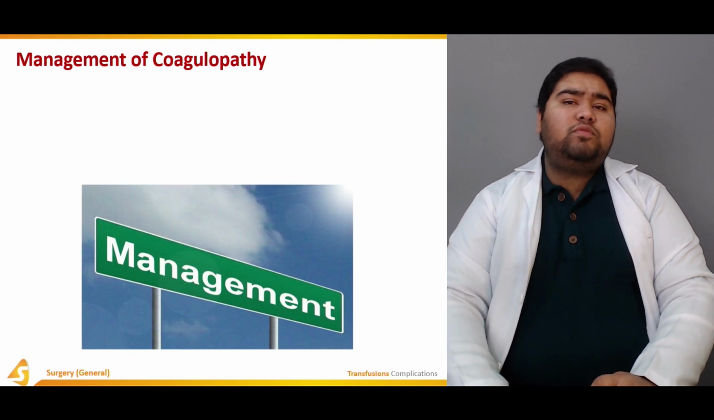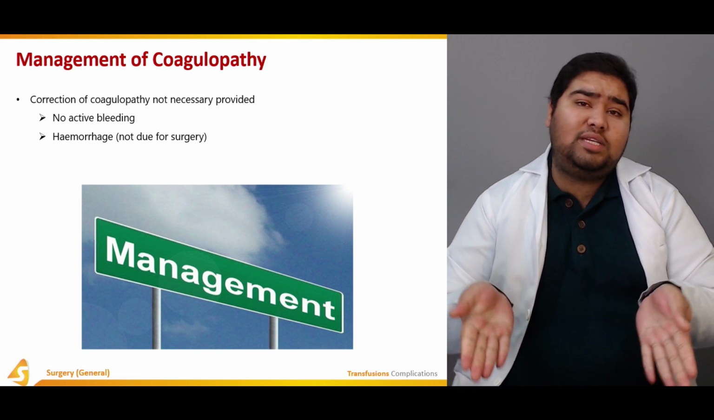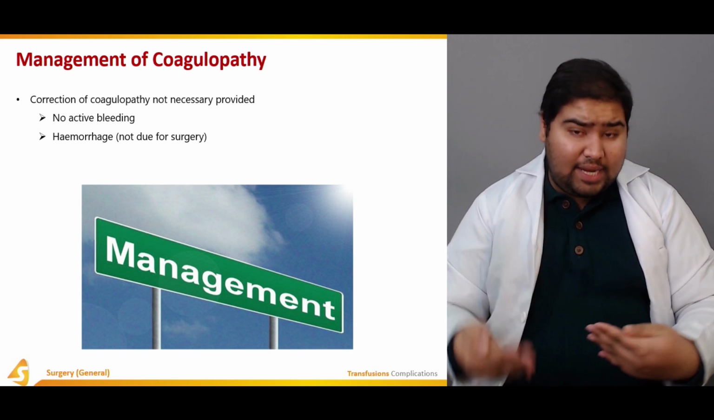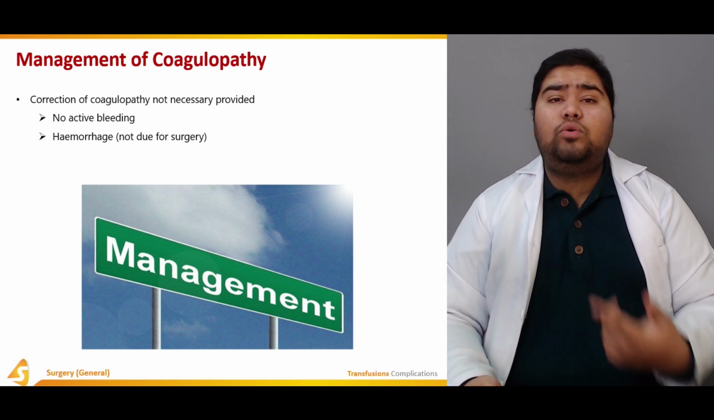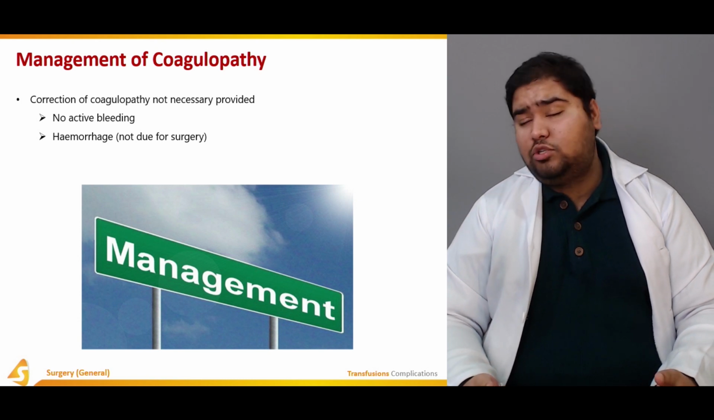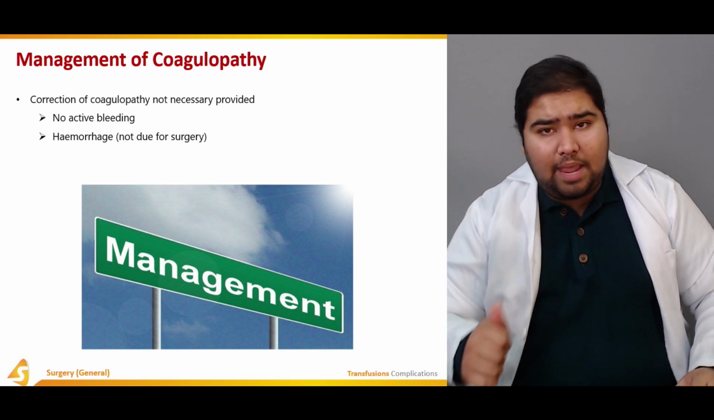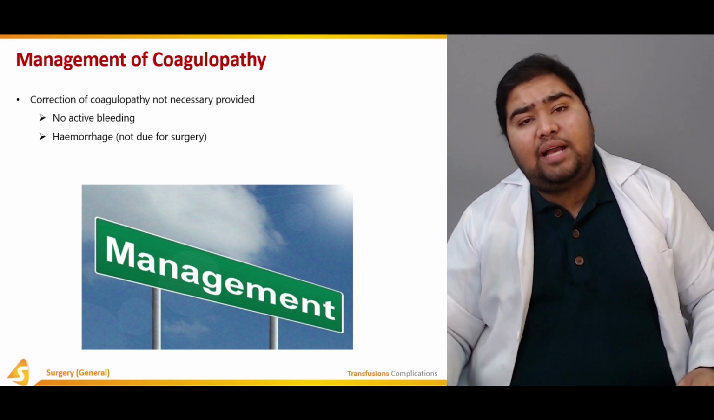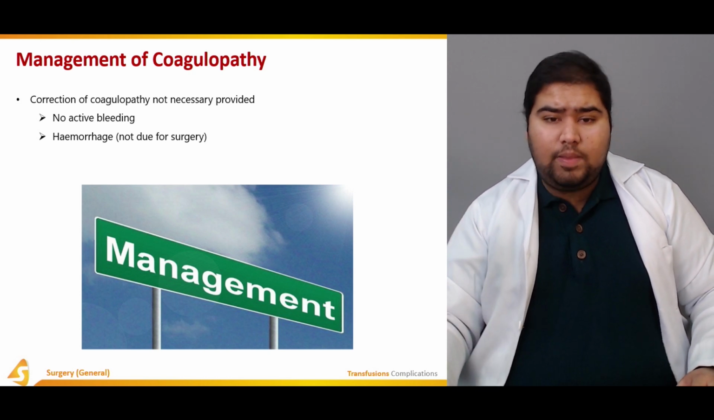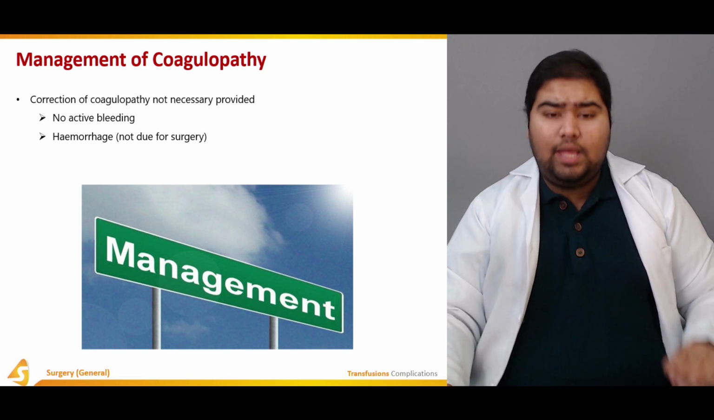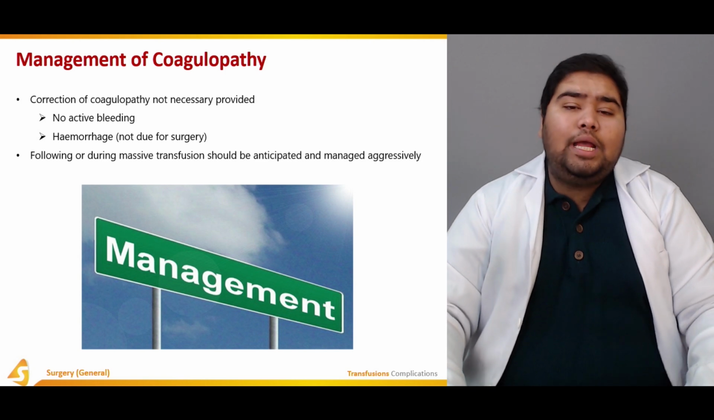Now, the management of coagulopathy is very important. Correction of coagulopathy is not necessary when there is no active bleeding, no active hemorrhage, and the patient is not due for surgery. So if a patient is coagulopathic but stable, you do not require active management. A stable coagulopathic patient would be a patient who is not bleeding actively, is not due for surgery, and is not hemorrhaging. However,